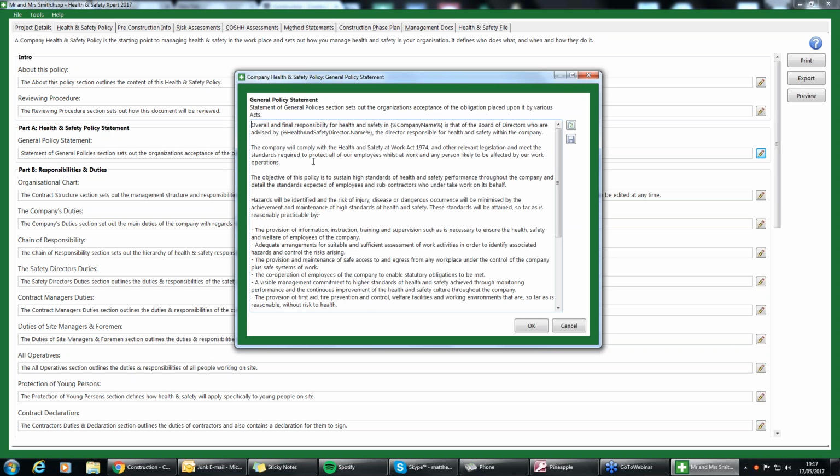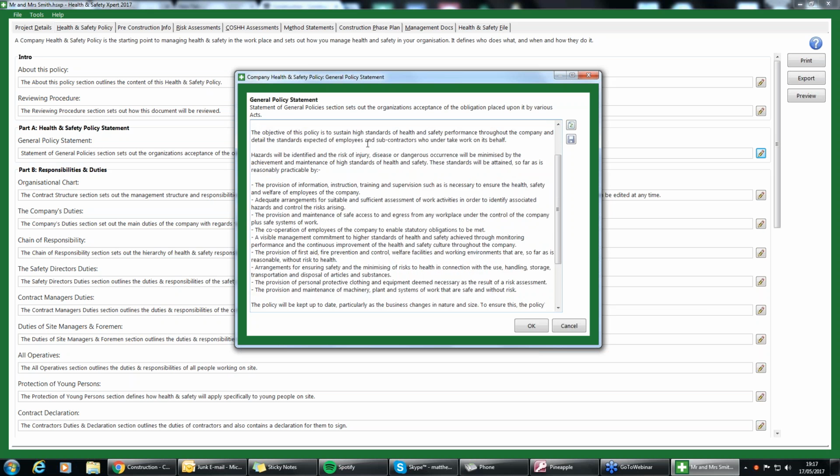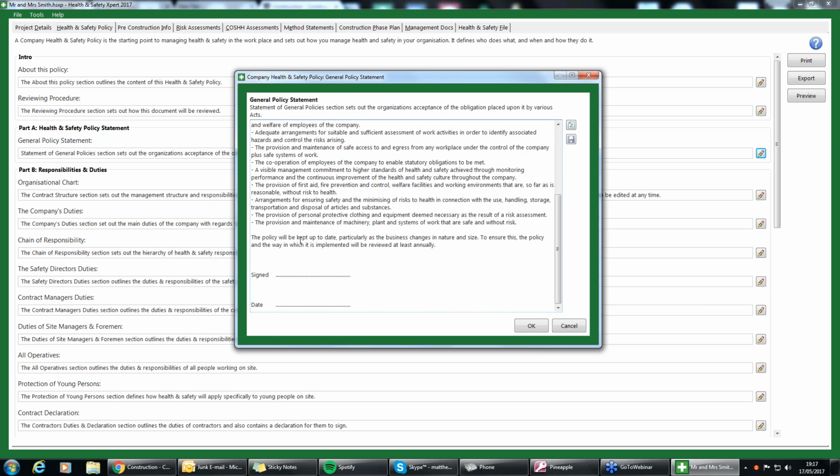So what the software is going to do is pull in a lot of the information by itself. It's going to pull in your company name, your company health and safety, the director's name as well. Although it's got these hashtags and percentage signs and names here, on the final print off, you'll see the likes of my company name and my name as well as the health and safety director. All you'd have to do is make sure that it is signed and dated